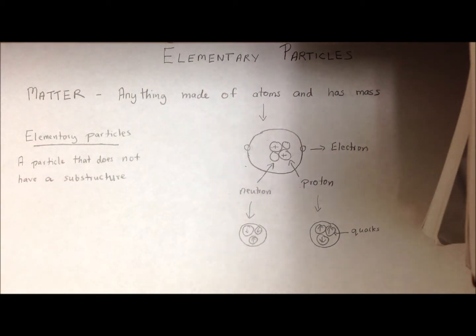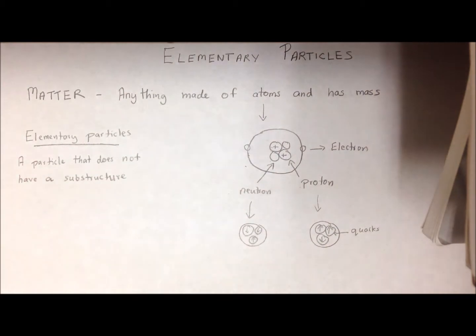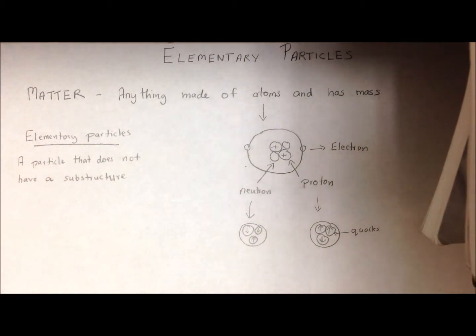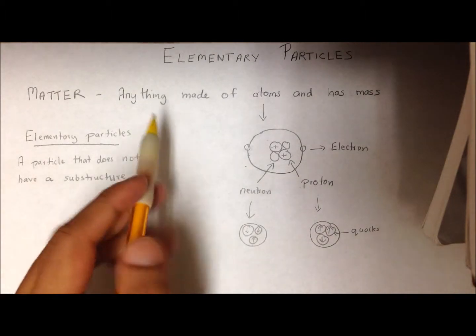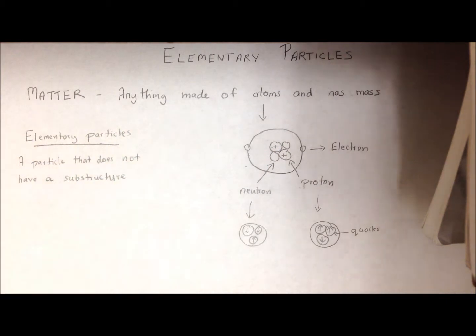Elementary particles. What is an elementary particle? Well, to understand elementary particles, we must understand what matter is. Matter is anything that is made up of atoms and has a mass. Anything that's around you is matter, whether it's that pencil that you're chewing on, or the book that you're writing